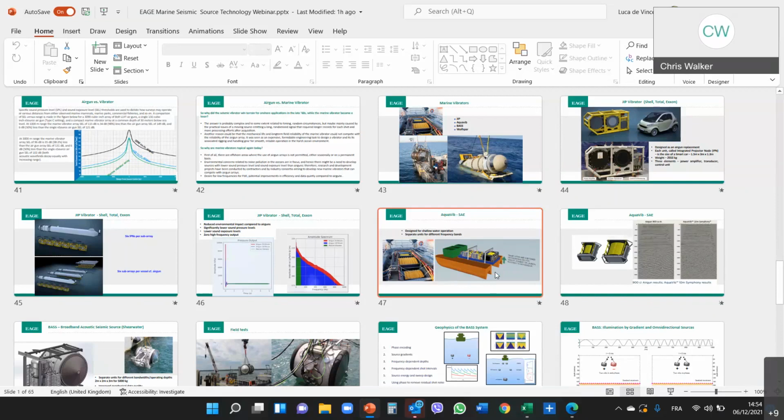Yeah, and I think that's very true, Tim. I think the other thing to bear in mind is that a lot of the airgun technical downtime on a towed streamer vessel can get hidden because you have fairly long line changes when you're doing large spreads, 12, 16 streamer spreads, 8, 10 kilometer streamers.